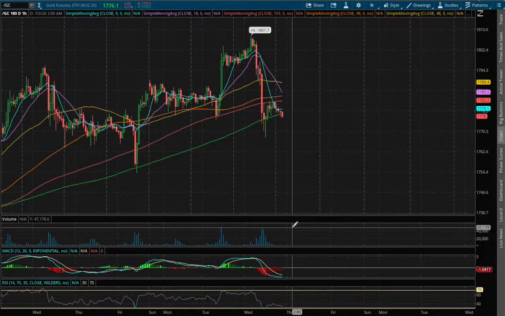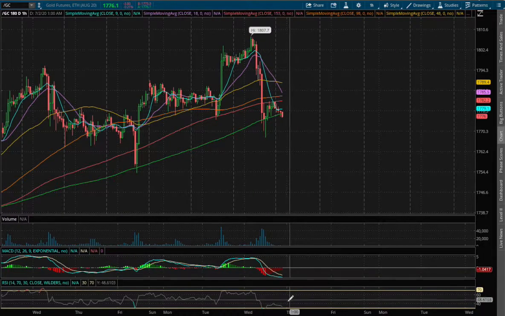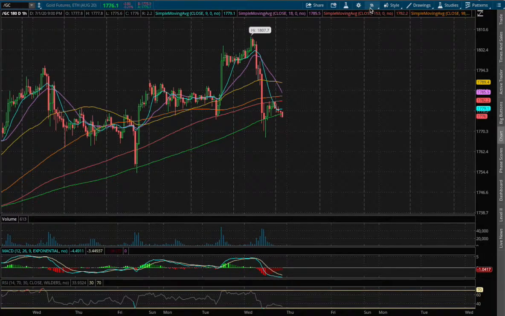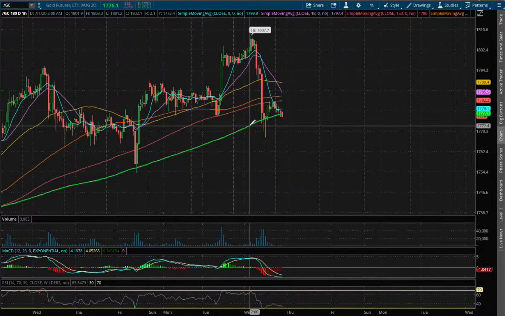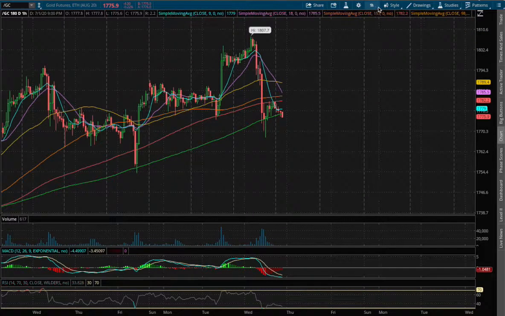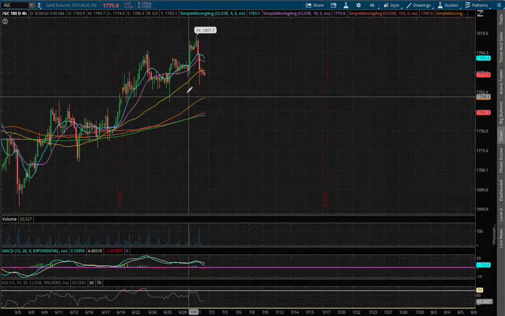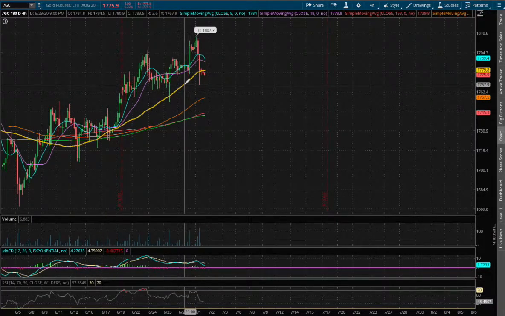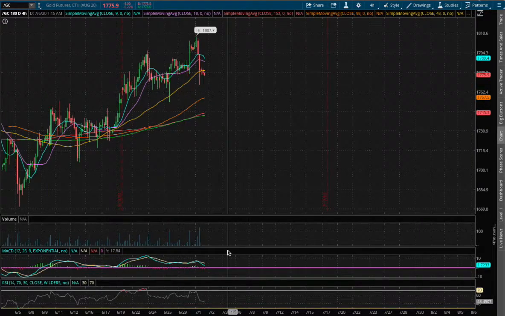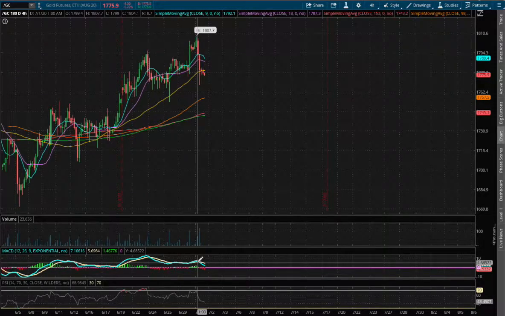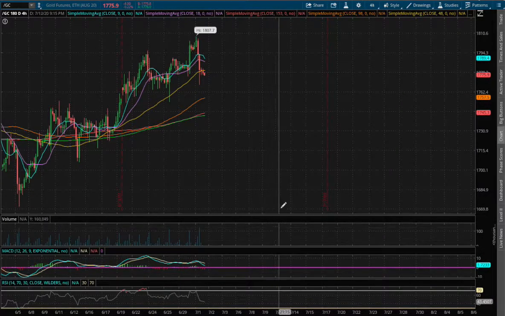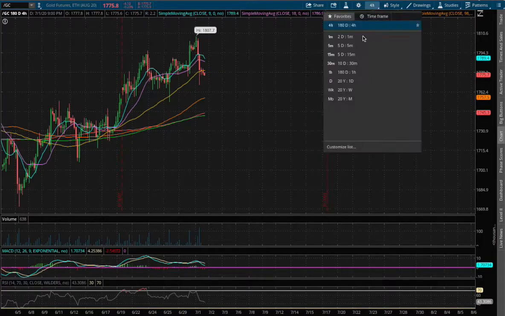We have now approached the negative MACD, and we're nearing oversold RSI, and at the moment we have found temporary support on the 200 moving average. We may very soon break below that level. And as for the 4-hour chart, we found also temporary support on the 50-day moving average, this yellow line. And again, we also will break that level as well. And we also see a divergence on Wednesday, and we may see gold futures continue to fall into Friday